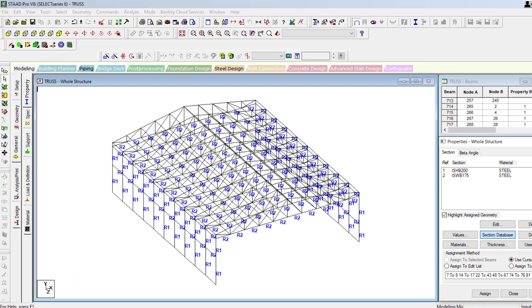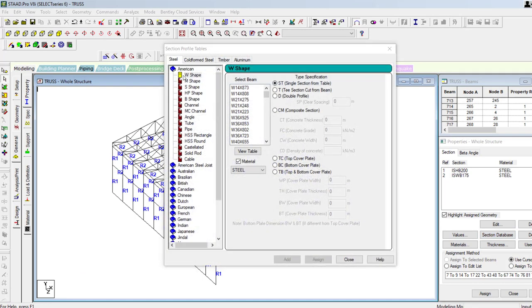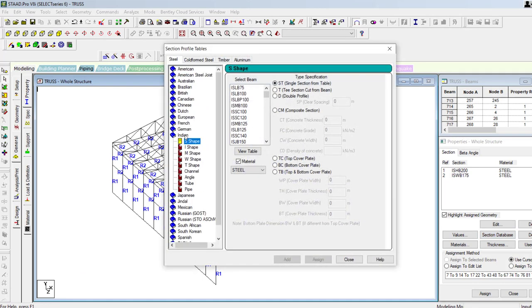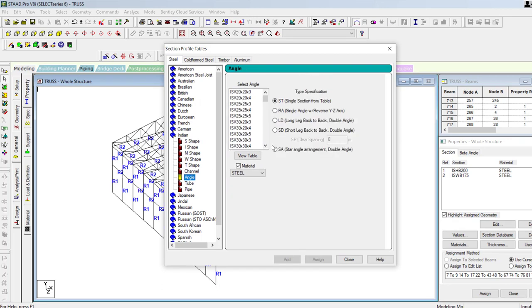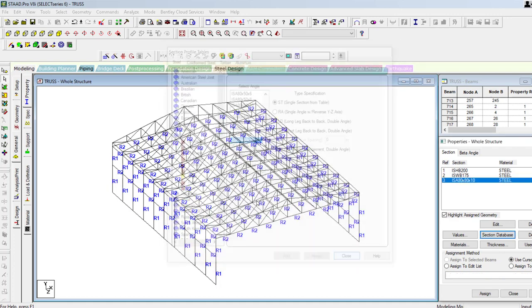Click on section database. Click on the Indian option and then go with the angle section. The size is about 80 80 by 10. This one, add and close.